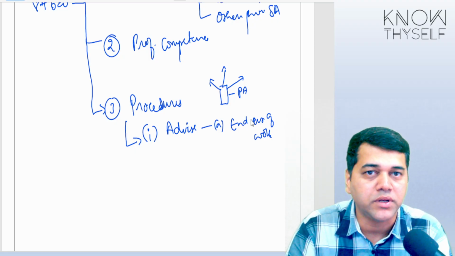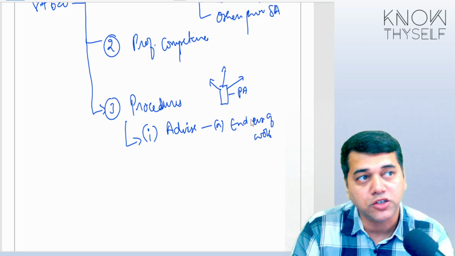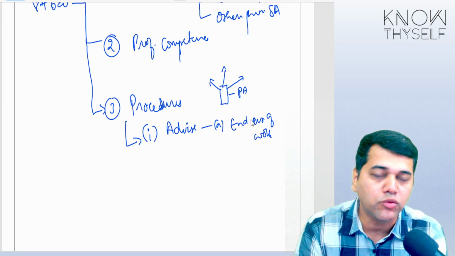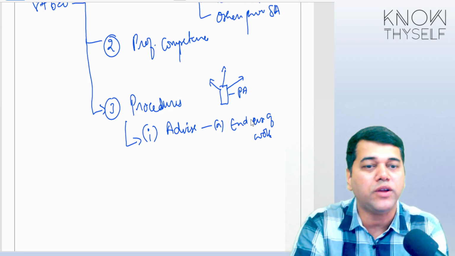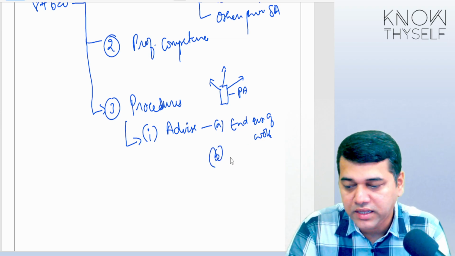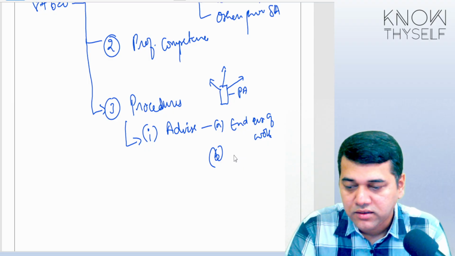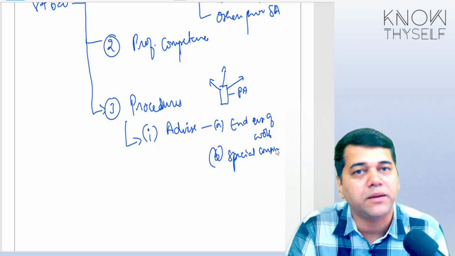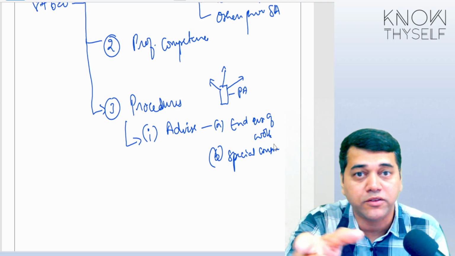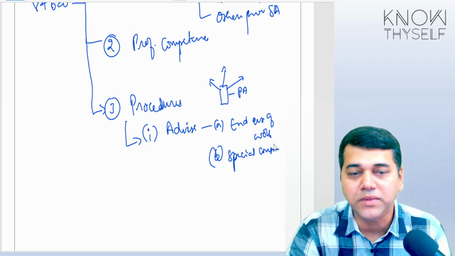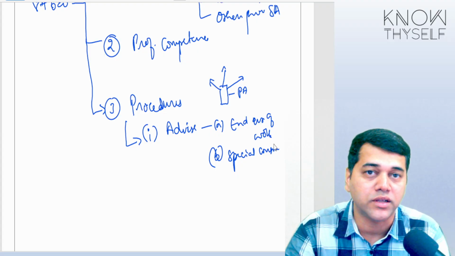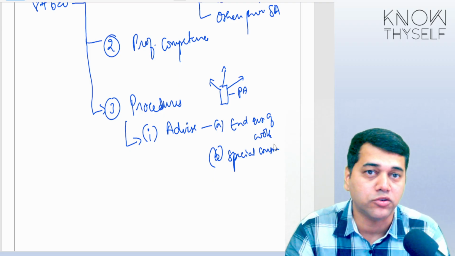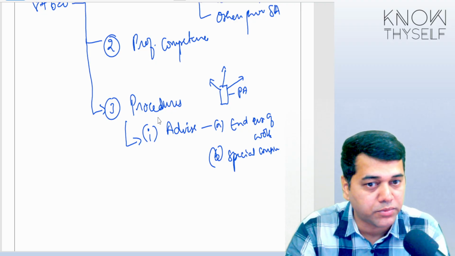Like I told you one example: a doctor is sending a patient to a scanning department. Scanning is somewhere far away. So first of all, what exactly you want to scan, how the doctor is going to use it. So you need to advise that end use. Then you need to advise special considerations. For example, this patient has diabetes. You need to tell them, this patient has diabetes, when scanning keep this in mind. Similarly, if you have certain special considerations to be given in that particular branch, like treasury audit has been started, what materiality level has to be set. So these are all the things the principal auditor has to advise.